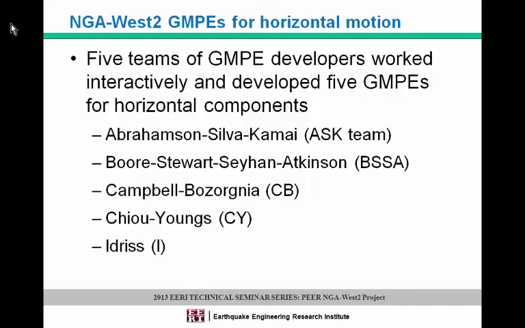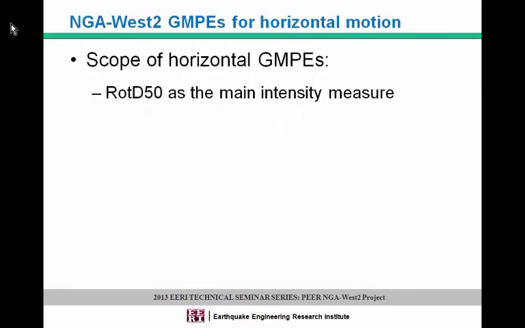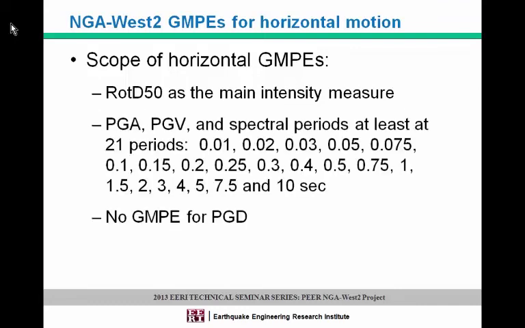5 teams dig into the various data and developments. The scope of horizontal ground motion prediction equations, as I mentioned, we are using a sort of average of 2 horizontal components. Now we call it RotD50 for intensity measure. The scope of GMPE was to develop GMPEs for peak ground acceleration, peak ground velocity,